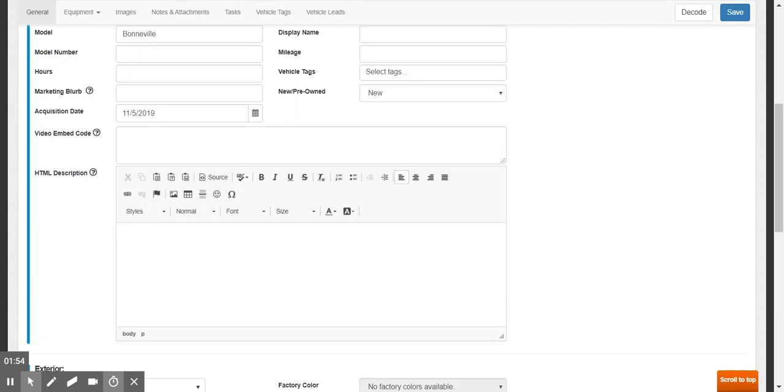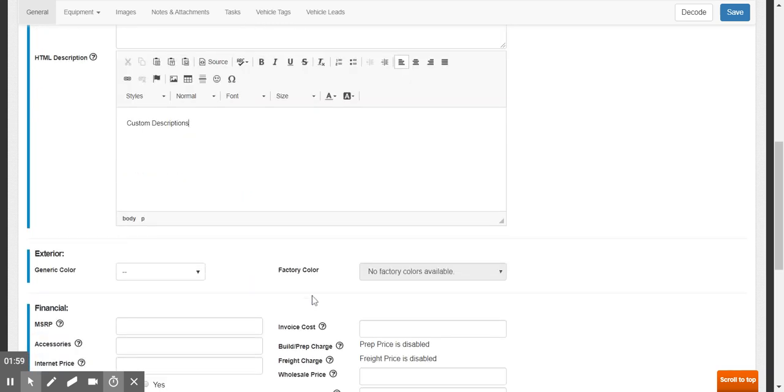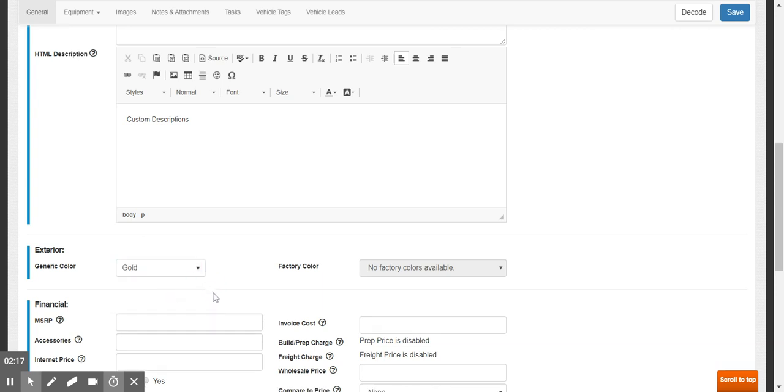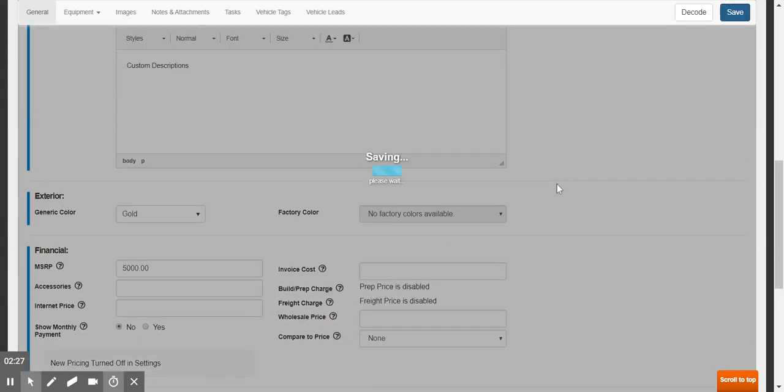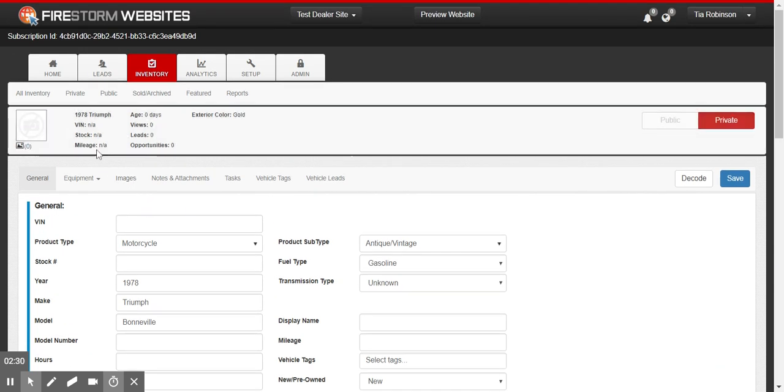I can come down here and type in my custom descriptions. I don't have factory color options, but I do have the opportunity to add a generic color option. If the color option I'm looking for is not available, I can simply type that in and either search for it. Let's find something that we don't have, gold. So I'll add that. And then I can choose the MSRP for this particular model. And then any additional information I'd like to include. I can save. That adds the vehicle to my website, but I would still like to add images and some